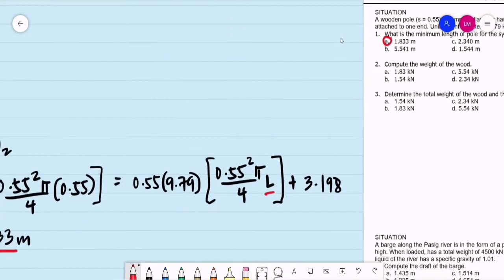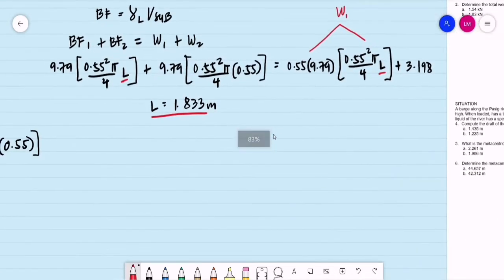The weight of the wood portion, this is the equation from earlier. This is our weight number 1 from earlier. So, we will just substitute the length here. So, this is for number 2. This is our weight number 1 from earlier, which is the weight of the wood. Okay, so standard, that is gamma volume. So, gamma,